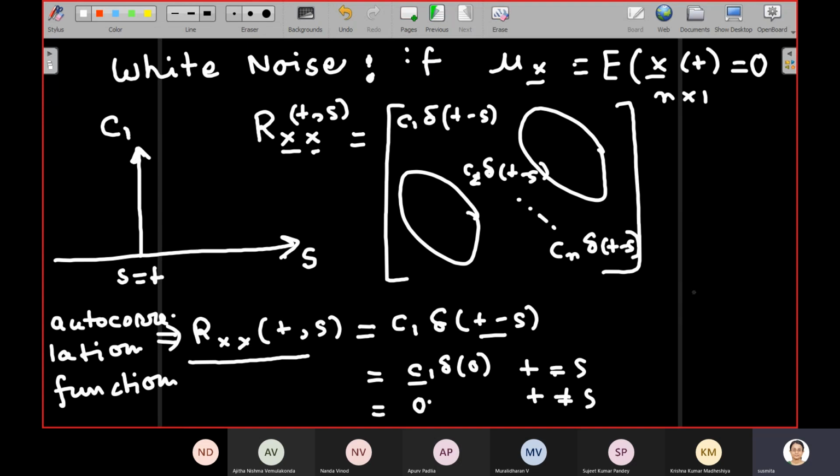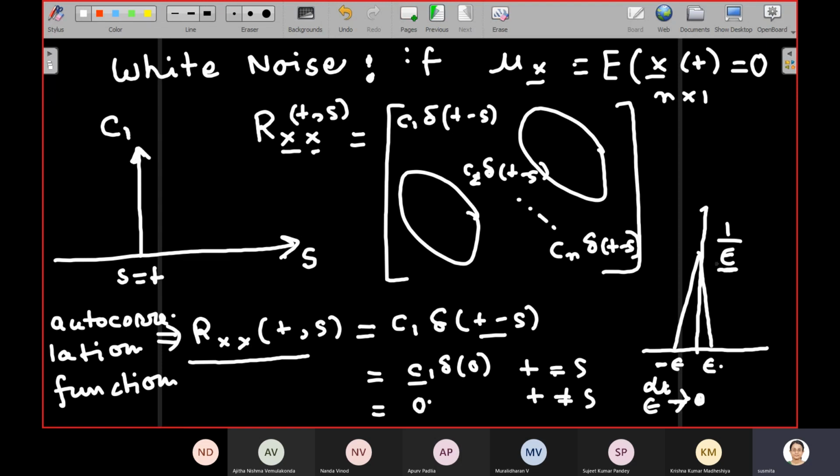Now we also know that this C1 is nothing but the area under the delta function, because if you consider the triangular function, it is 1 over epsilon here, and then it spans minus epsilon to plus epsilon. Now as epsilon goes to 0, in the limit we have the delta function, right? As epsilon goes to 0, this amplitude becomes very large, right? So a delta function actually has infinite amplitude, but